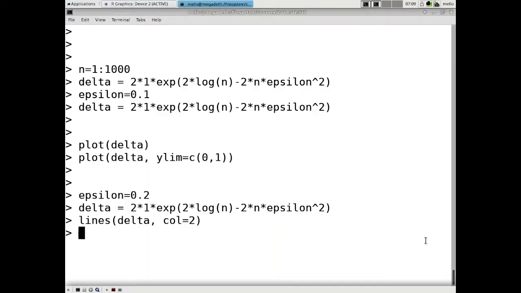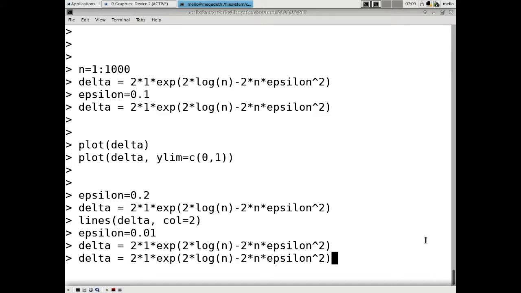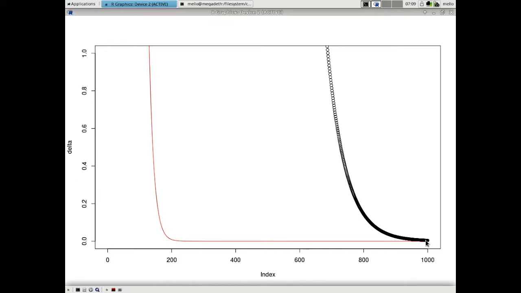What if I decide to use a very small epsilon? That's a problem. Now, if I compute delta and try to plot it, it's impossible to see because it's out of my chart. I need a very, very big input space, a training sample.